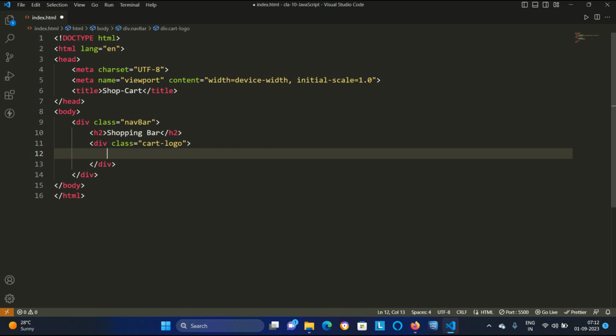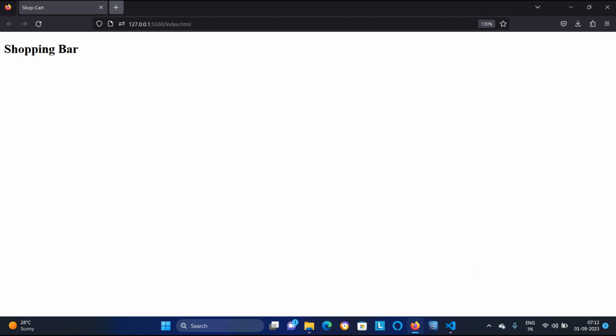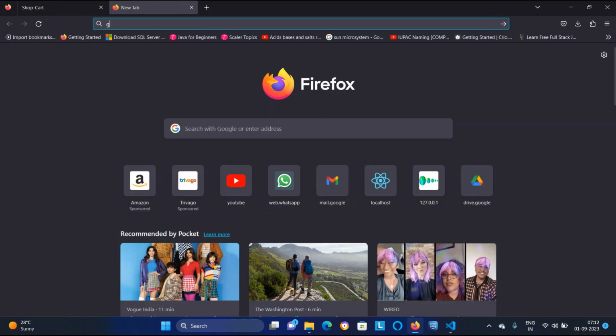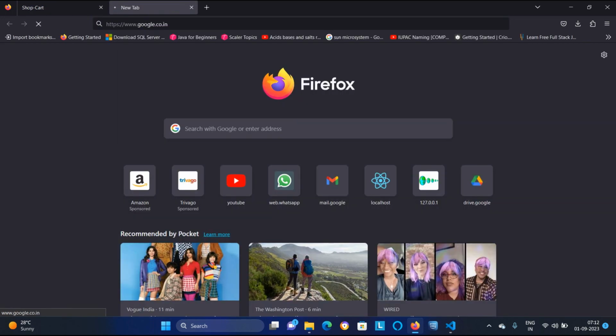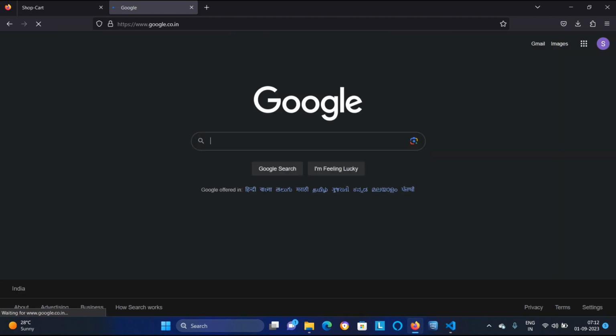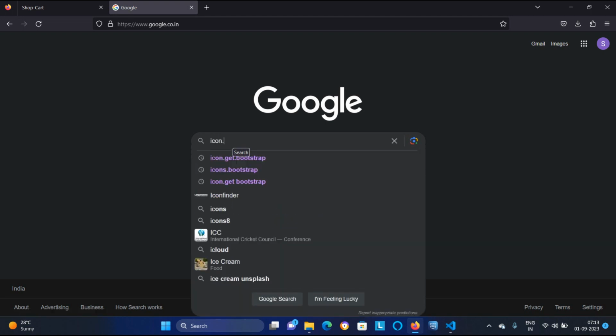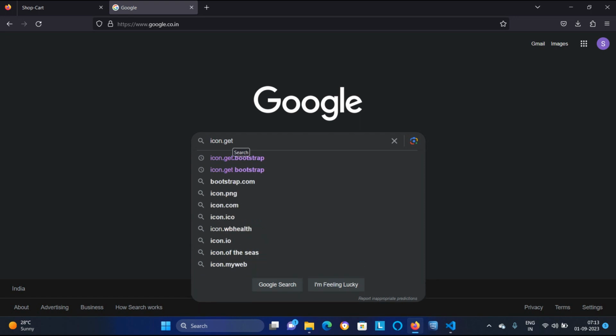And this cart logo will have one icon, and that icon I will take from a library. So we will add bootstrap to our code. Here you will go to Google and type icons.getbootstrap.